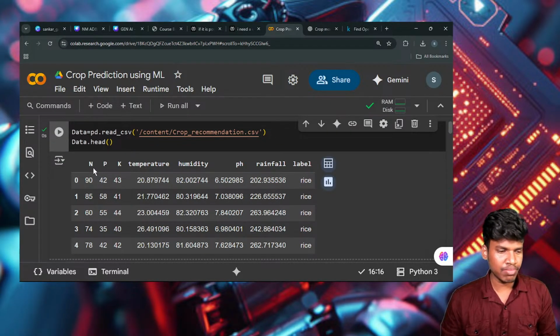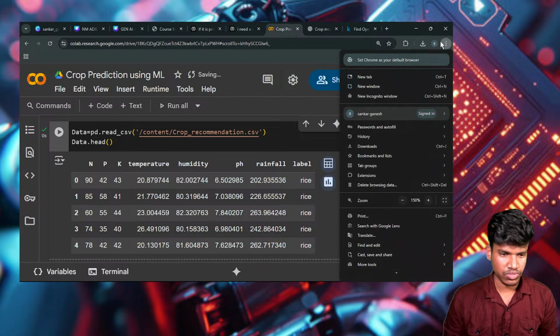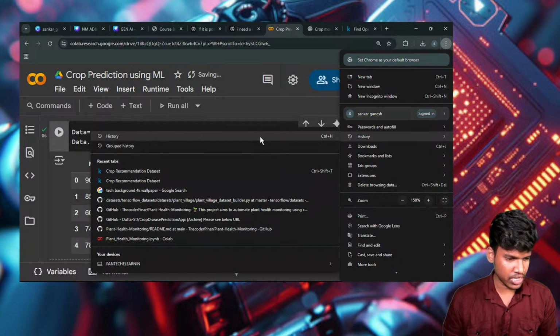So here, N is represented with nitrogen, P is phosphorus, and K is potassium. Each represents an individual thing, a particular concept. So once I show it in the data set,